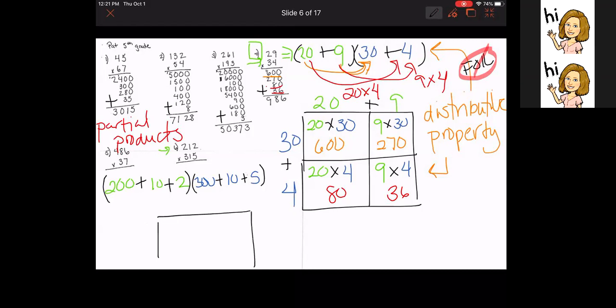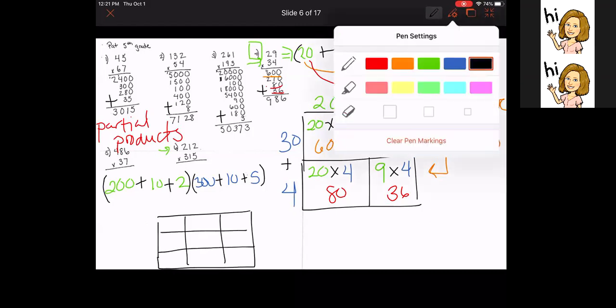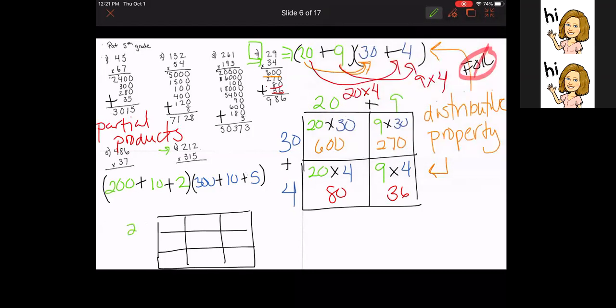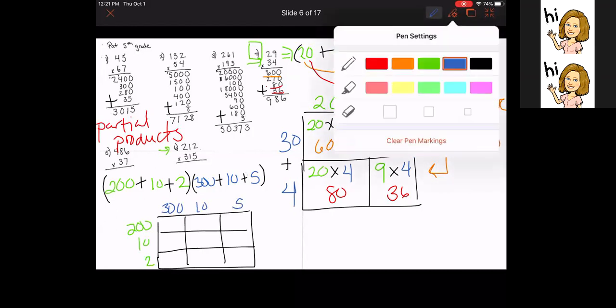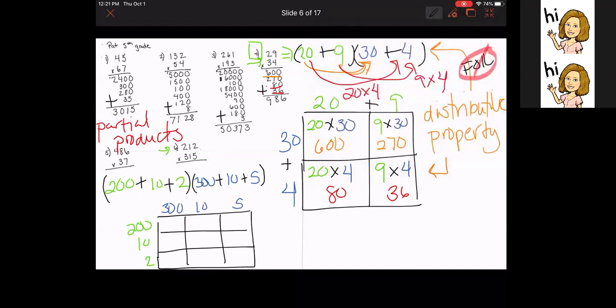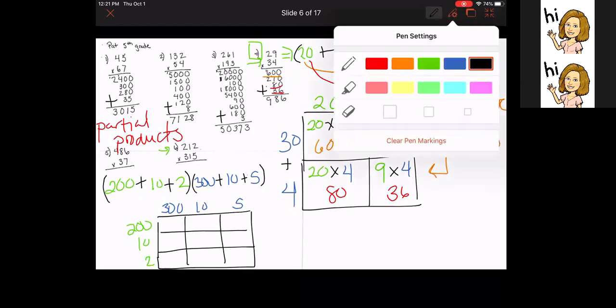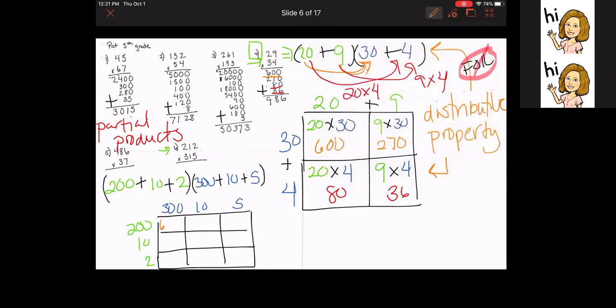I should have made this one the big one. But we have what's called now a trinomial times a trinomial, 200 plus 10 plus 2, and then times 300 plus 10 plus 5. I know I put the green ones on the top, but it doesn't matter which way you go. And now the same thing. 200 times the 300 gives us our 600 again. Oh, sorry, not 600. 200 times 300 is